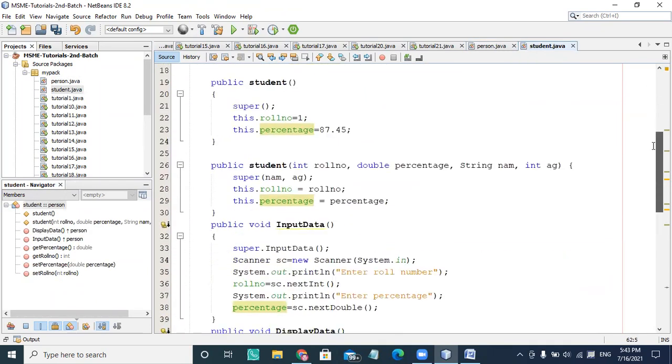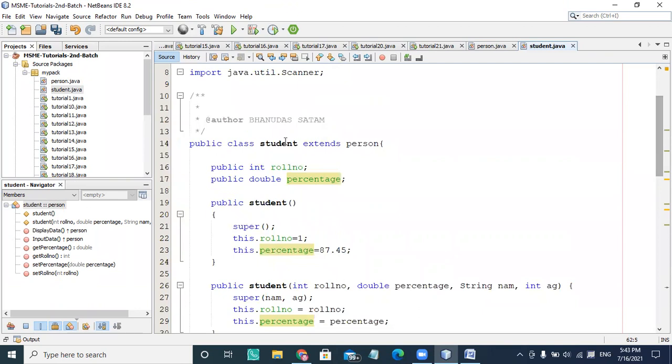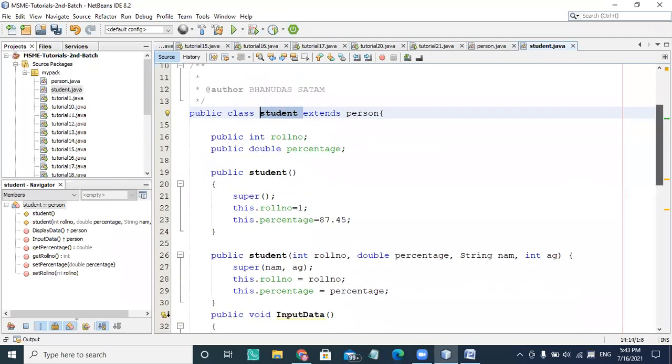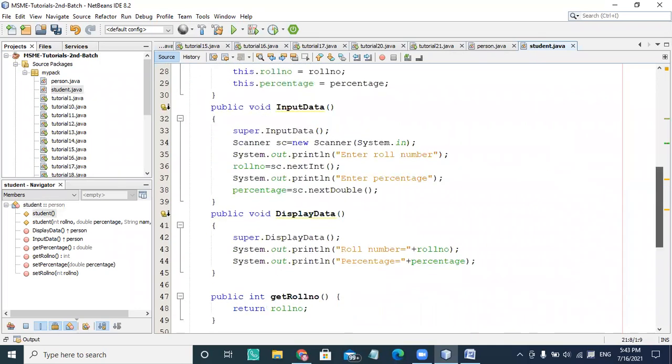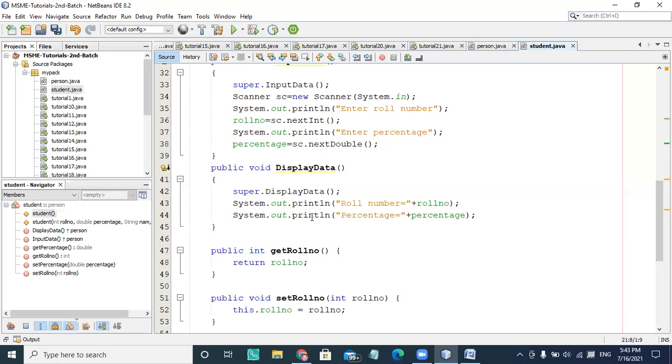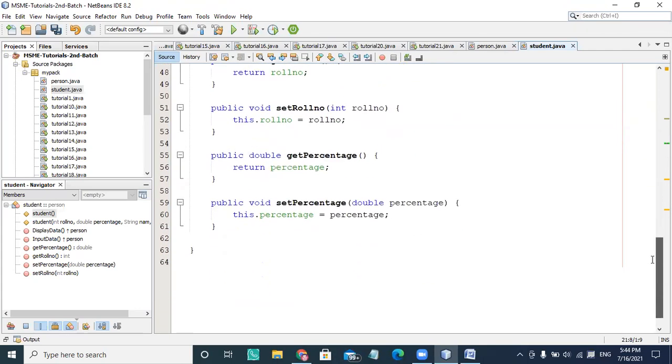So this is a single inheritance. I extend my student class because student is a person. So whatever properties person has are carried forward to student also, and even methods, and even the constructor by using the super keyword, and super will call their super class, and you can create the object of student instead of the object of person.